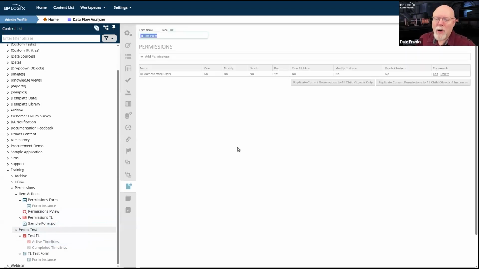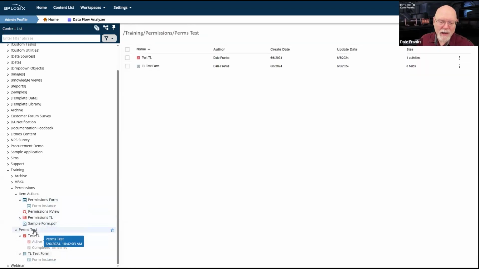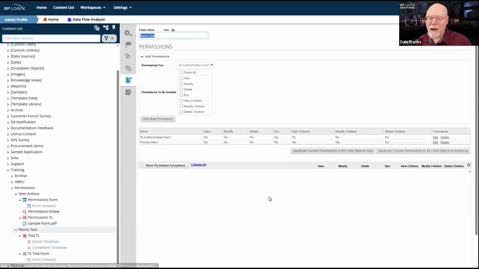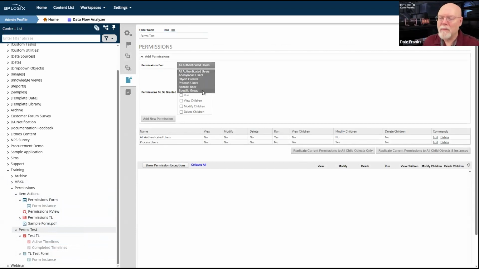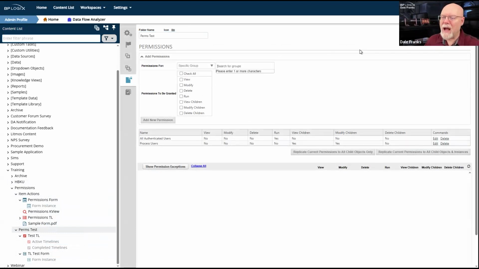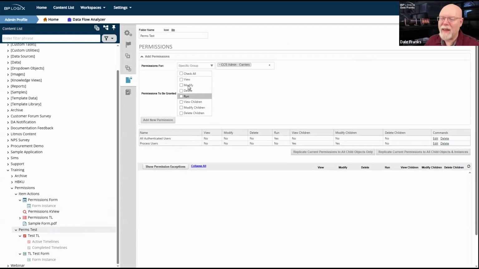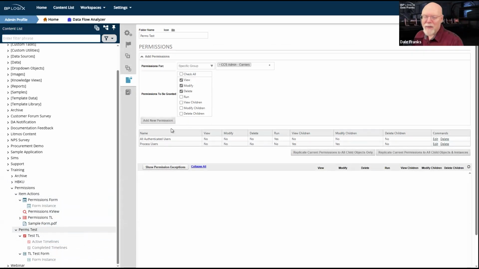So on Perms test, I'm going to want to make some changes here. And I clicked on the wrong thing, apparently. This is where I want to be. I want to make some changes here. So we will add, let's just add a group back. So let's add that CCS admin carriers, and let's just give them some view, modify, and delete permissions on the objects.